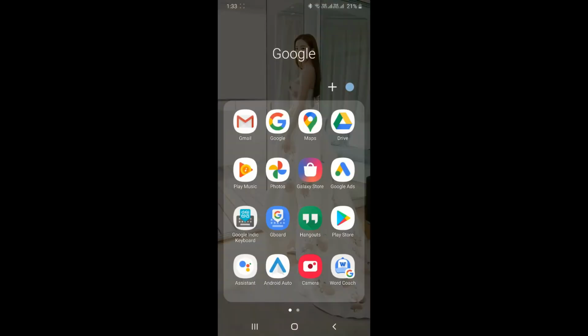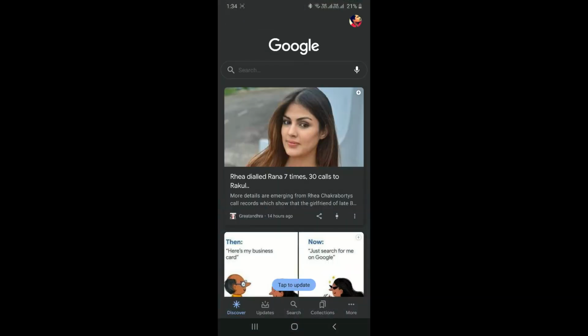You need to open the Google application on your smartphone. Before we start, one thing I have to tell you: this feature right now is available only on your smartphones, not on any other devices such as desktop. So to create this people card, or have your personal details appear on search, you have to use your smartphone.